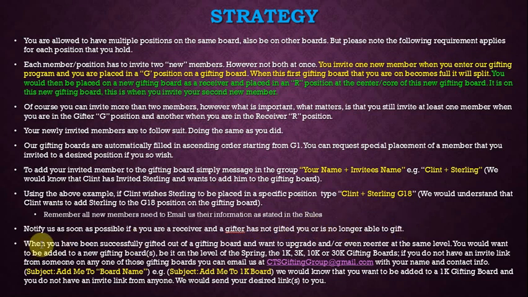Alright. When you have been successfully gifted out of a gifting board and you want to upgrade and or even re-enter at the same level, you would want to be added to a new gifting board, be it on the level of the Springboard, the 1K board, 3K board, 10K, 30K gifting boards. If you do not have an invite link to be added to a board from someone, you can email us at